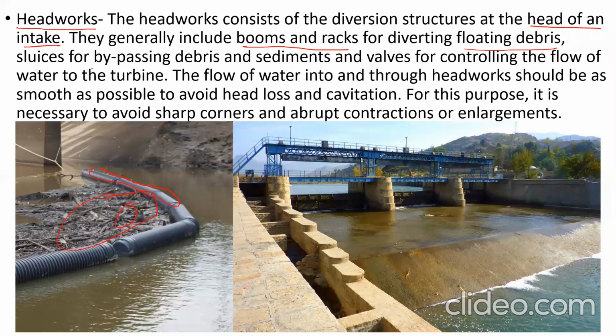Sluices for bypassing debris. Sluices means what? You can say that they are gates. When we want to pass those debris down to the river, these gates are opened, which are connected to extra canals. Sluices for bypassing debris and sediments, and walls for controlling the flow of water to the turbine. The flow of water into and through headworks should be as smooth as possible to avoid head loss